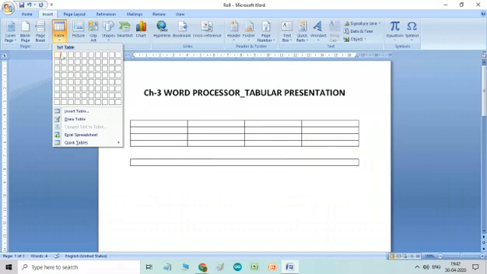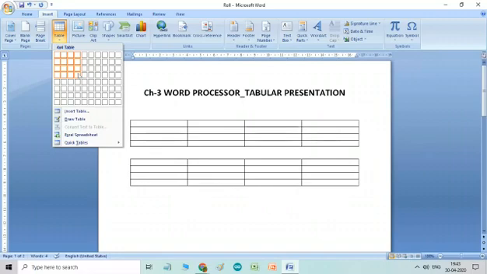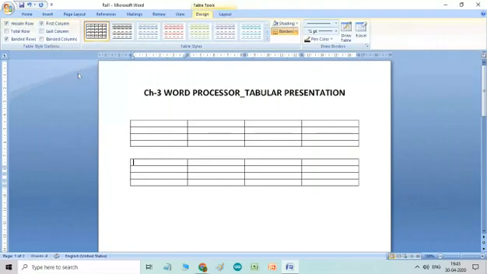When you move from left to right, you see these represent the column numbers. 6 into 1 means 1 row and 6 columns. Just now I have selected that. If I need only 4 rows and 4 columns, then I can go to 4. Then if I come down, suppose I want 4 rows in my table, so simply I come down and choose 4 rows from here. So this way, with the help of grid lines, you can create a table.